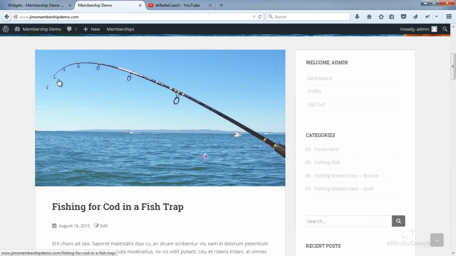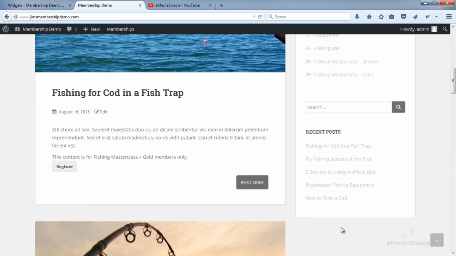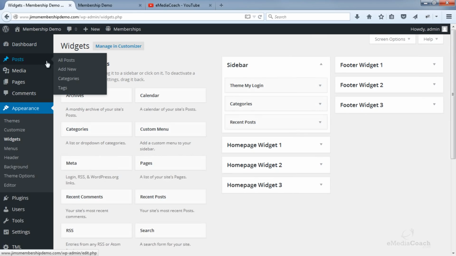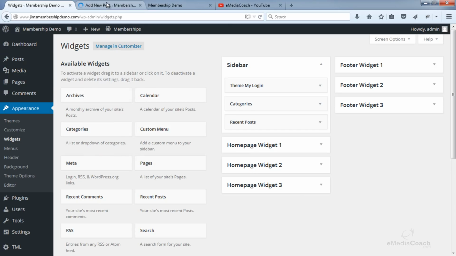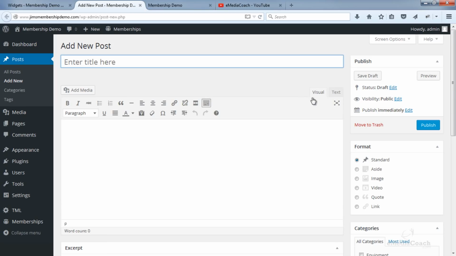Now the next thing that I'll show you is how to add other content in the sidebar. So say you want to add some text, maybe an image, or embed a video. Basically, you can use the sidebar in the same way that you can use posts and pages. I will show you how you can install a visual editor like the one you see here, so you can enter any text, basically anything you want, like a word editing software, but in the sidebar.